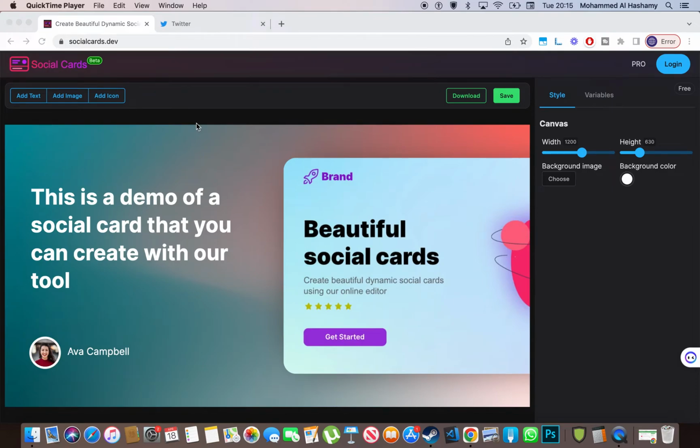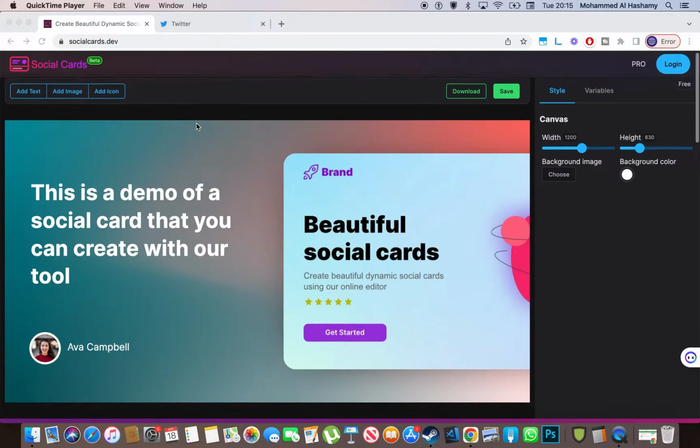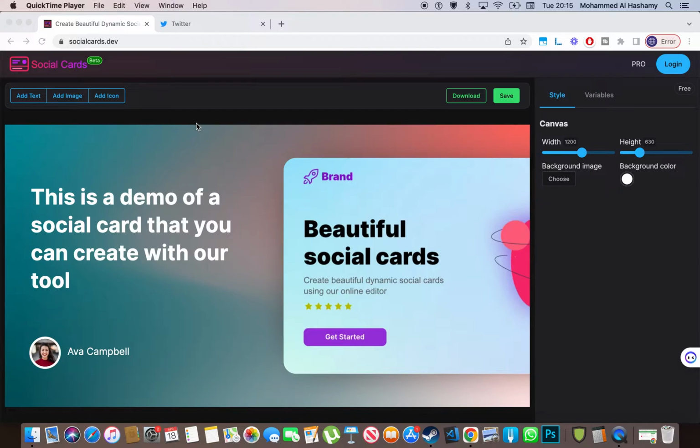Hi everybody, and today we are reviewing SocialCards.dev. SocialCards.dev is actually one of those online websites where you can build social cards and thumbnails. If you've seen on Twitter lots of people posting code and stuff, you're probably wondering how people do this? Well, actually, websites like SocialCards.dev are the ones that help you to build this kind of